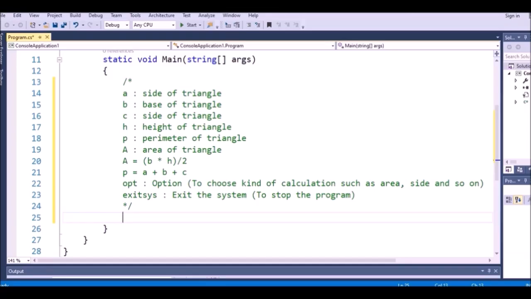So we will declare the type of data. We have the integer, right? Integer for option, and we will have the exit, to exit this program or stop the program. This we have the initial value, for example 0,